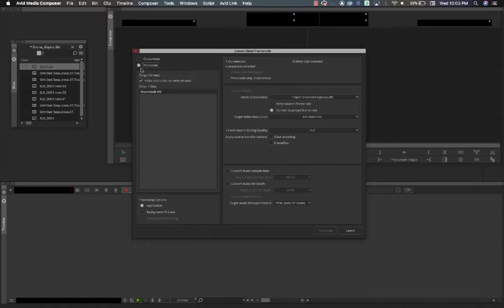So then what I would do is I would choose transcode, and then if you're on the Avid server, you should see your media drive. And remember how we import everything to the media drive? I don't have a media drive because I'm at my house, so I'm going to just use my hard drive, but you use the media drive on the server. And then I'm going to say